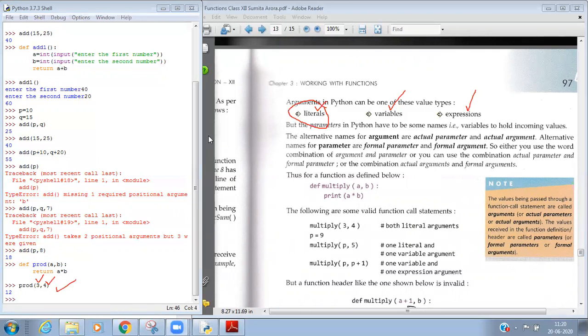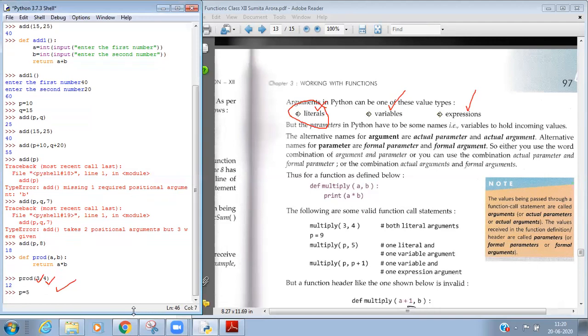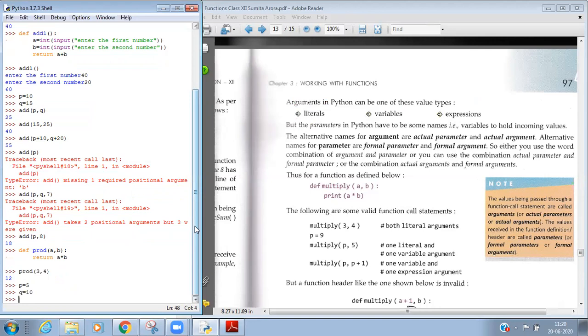Second type, we are passing variables. So we will declare two variables. I am declaring one variable p equal to 5, and the second variable q equal to 10. Now I am passing the variables to the function. The function is prod and the variables are p and q.